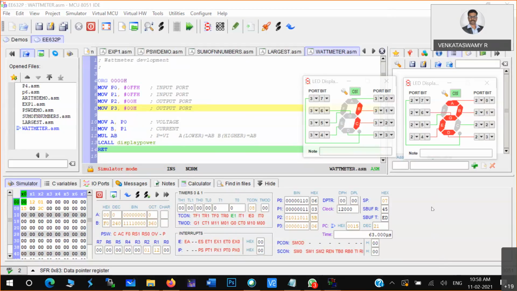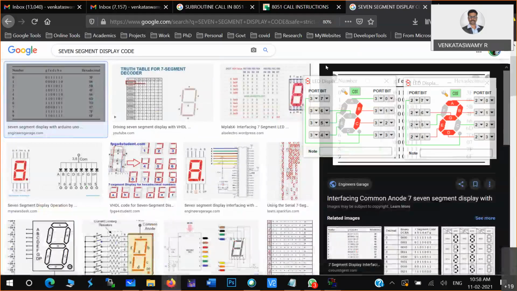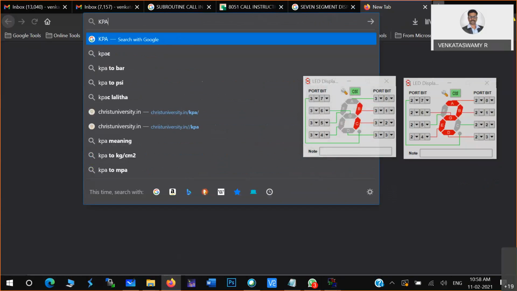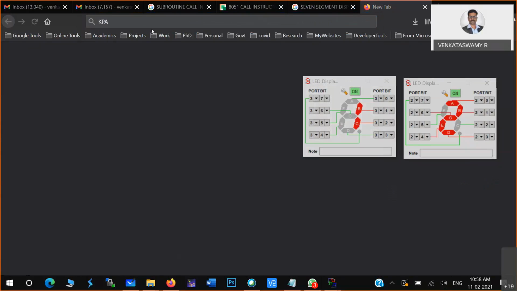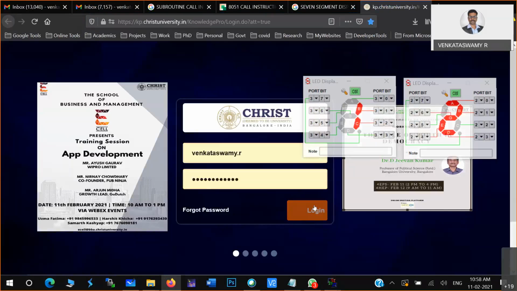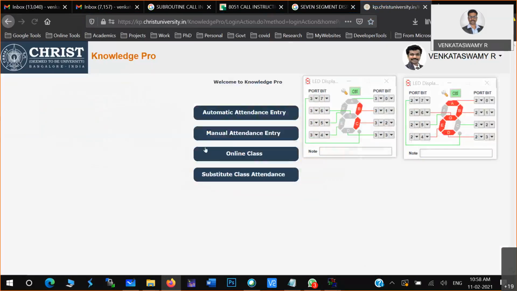Yeah, only Pawan is absent, right? All others are present. So I'll quickly take attendance. Please answer for attendance in the chat box. So quickly give your attendance.